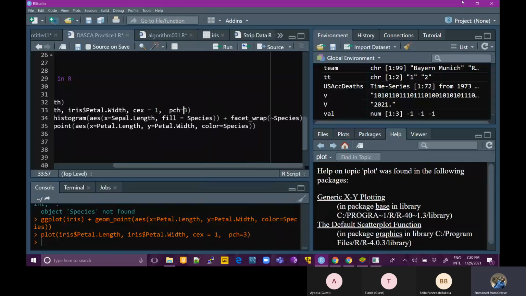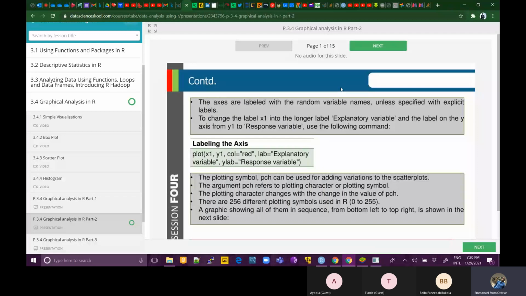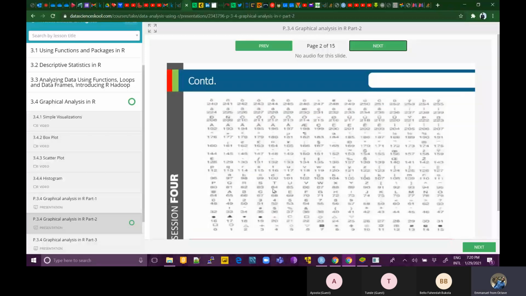Okay, so you have over 200 plotting symbols, 256 to be precise. So 0 to 255 represents a particular symbol. As you can see in this next page, 0 represents square, 1 represents circle, and the likes. So if I want it to be a times, I put 4 and the likes of that. And also,